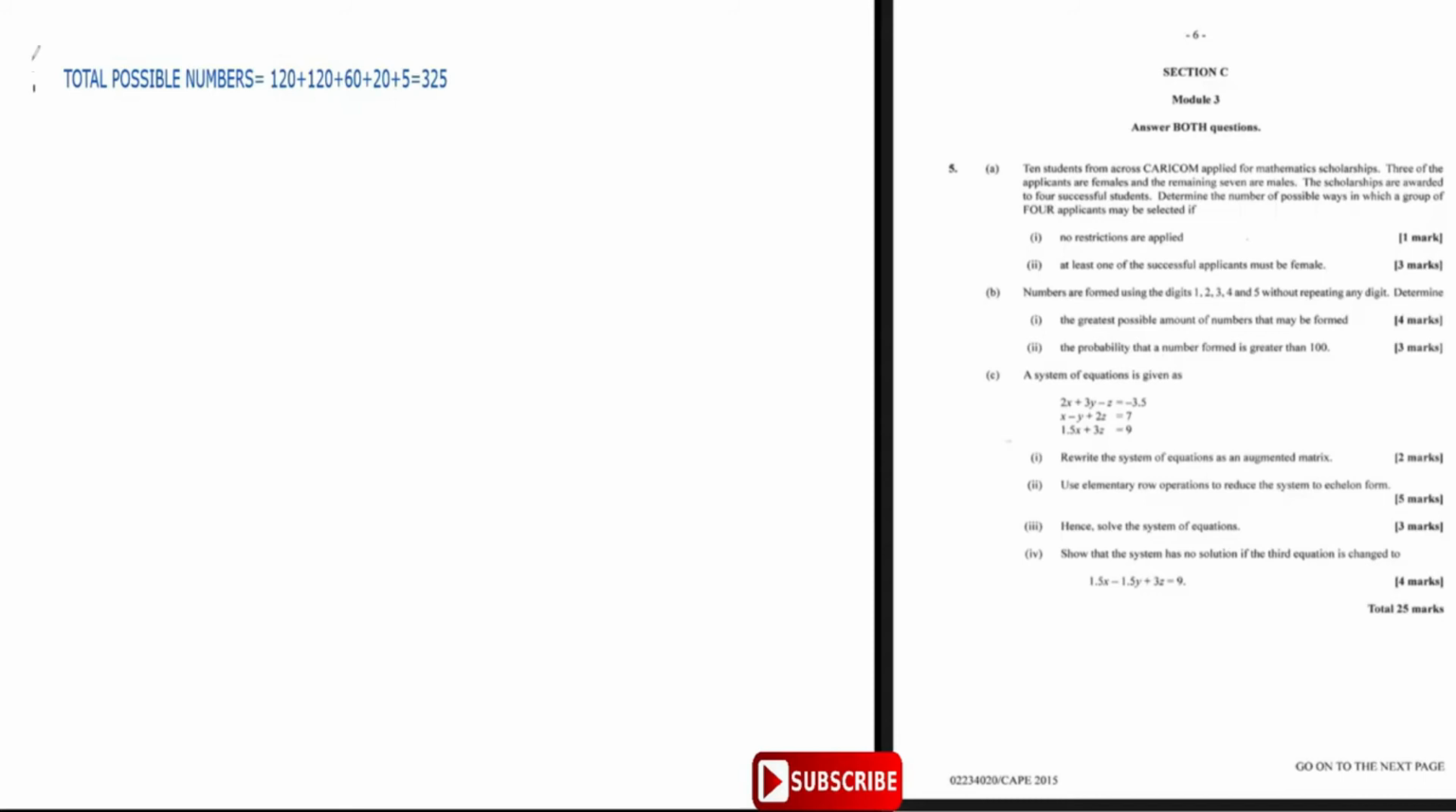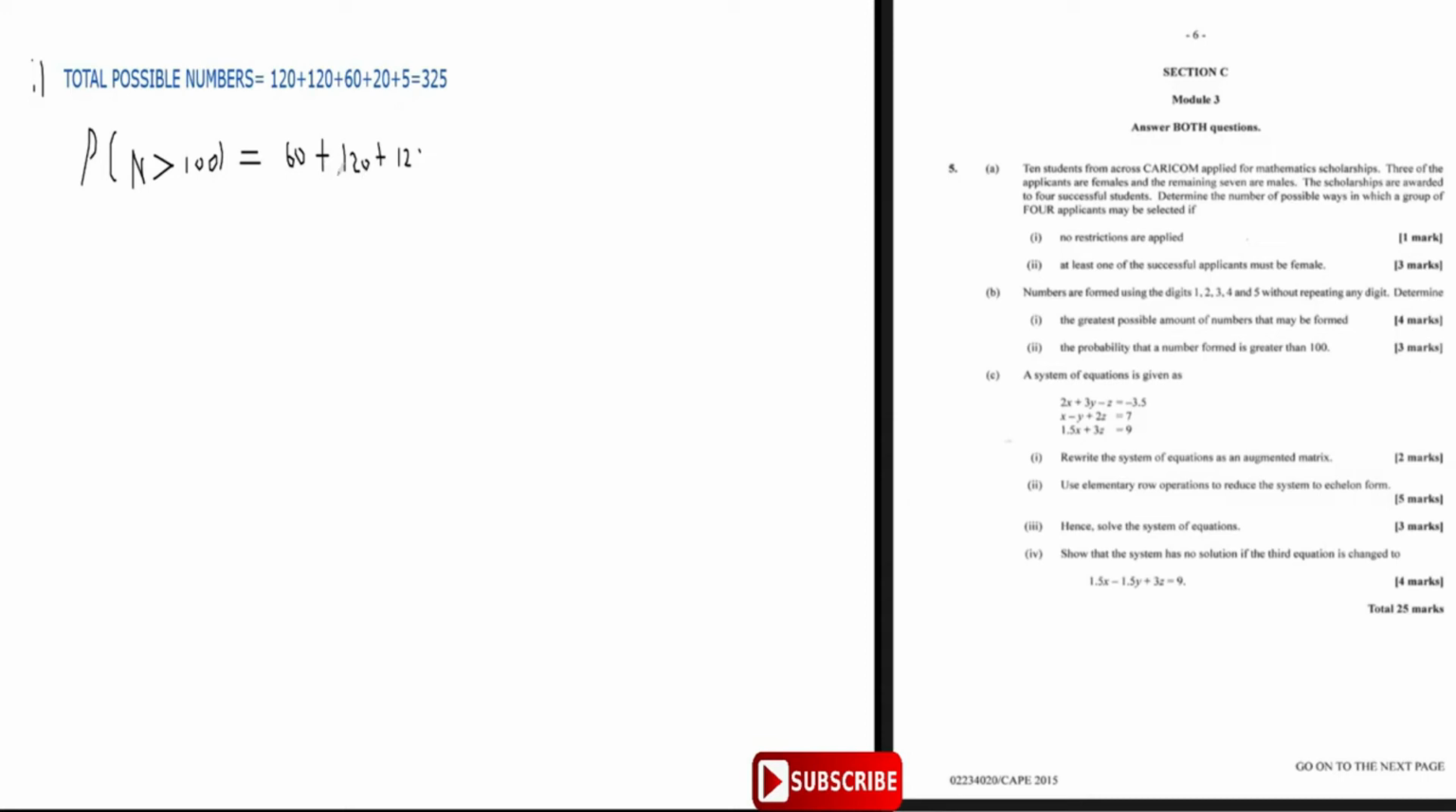Now the last part says find the probability that a number formed is greater than 100. So the probability that a number is greater than 100 is the total amount of numbers that can be bigger than 100. Those are 3-digit numbers. How many 3-digit numbers are there? There are 60 plus 120 plus 120 plus 120. So there are 300 numbers bigger than 100,